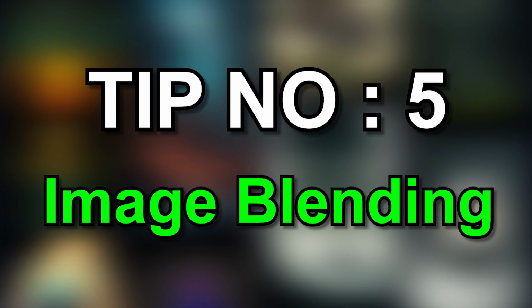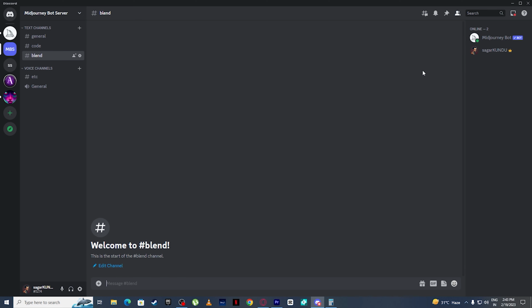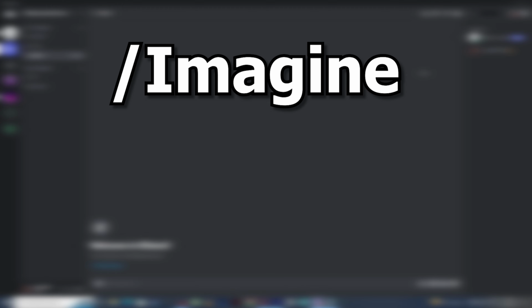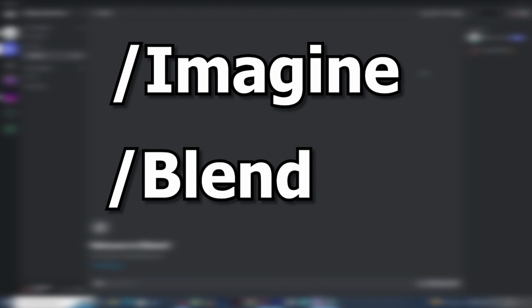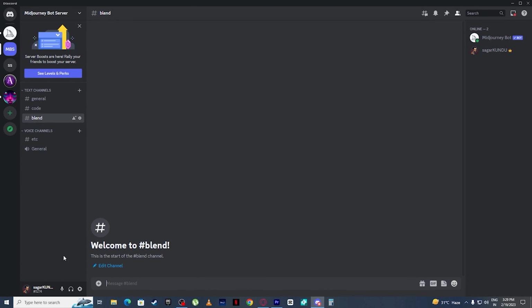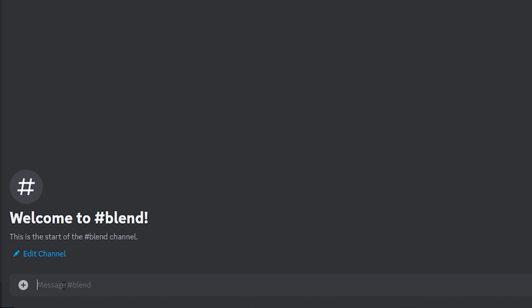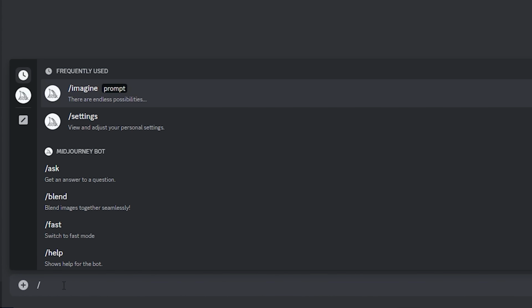Tip number 5, image blending. Before we start learning about the image blending feature, you must know that there are total 2 ways to blend images together. The first is using the /imagine command, and the second one is by using the /blend command. So first let's learn about the /imagine command. So let's type slash, then imagine,